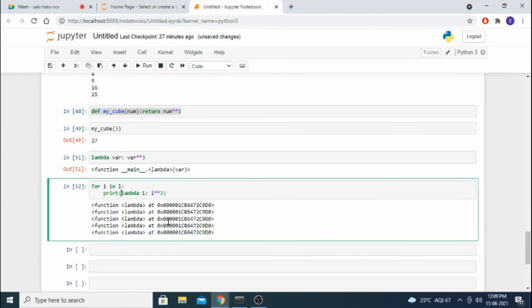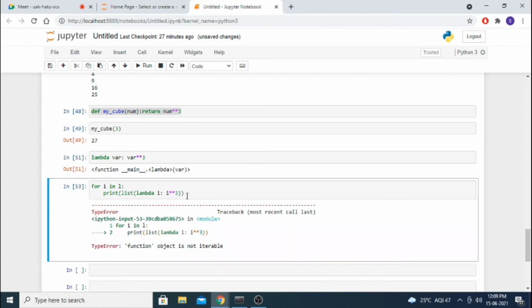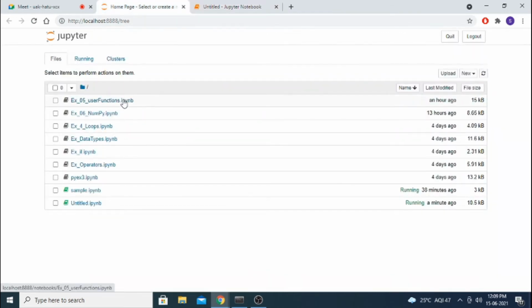Once the functions are declared, we can use them with the list. Let me check lambda once again.